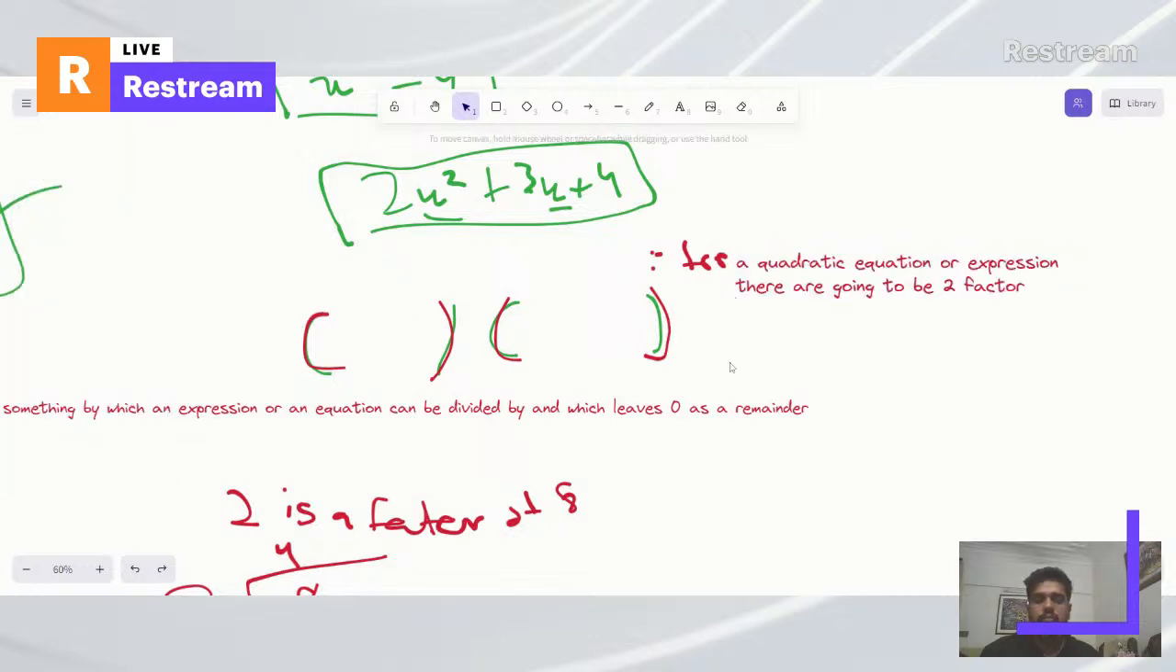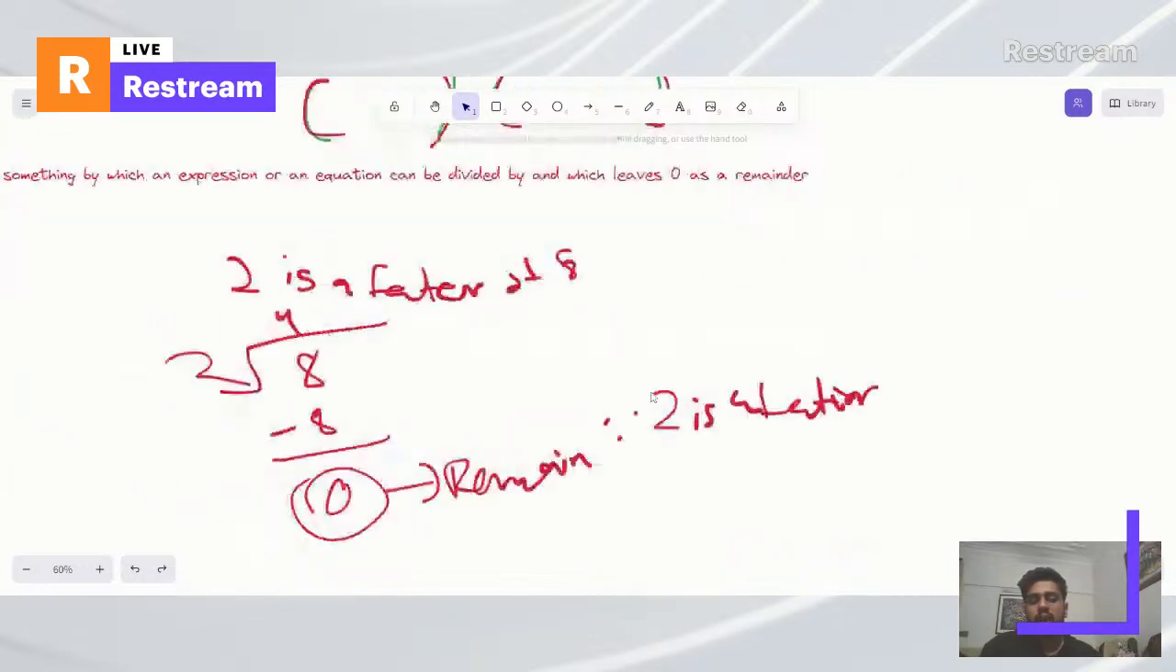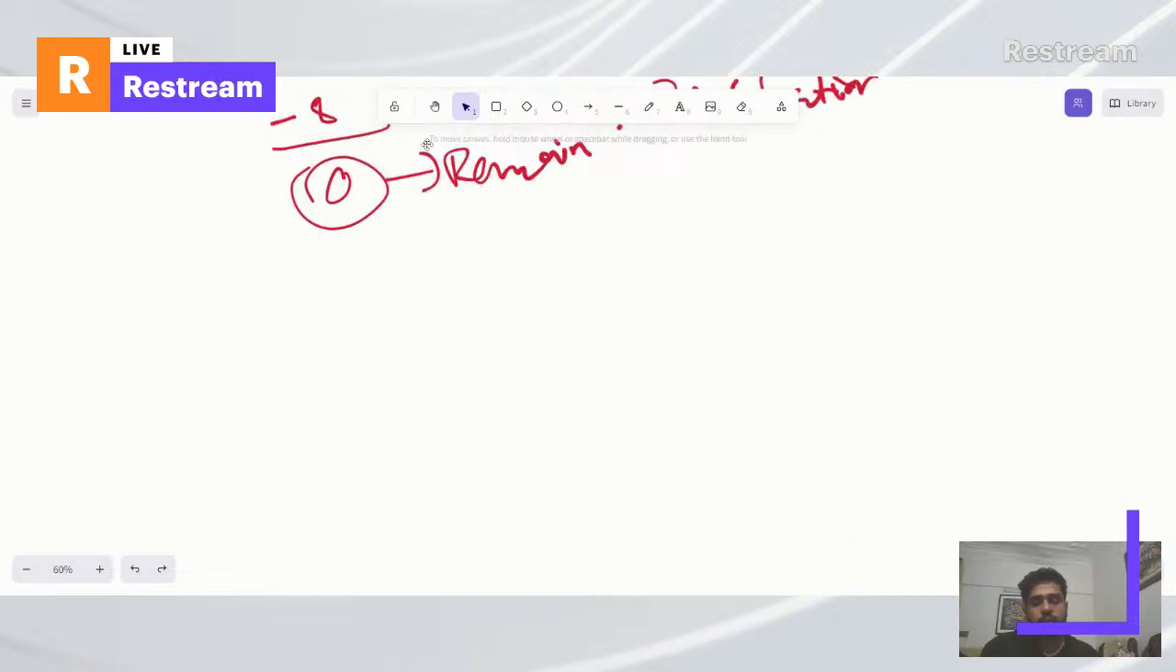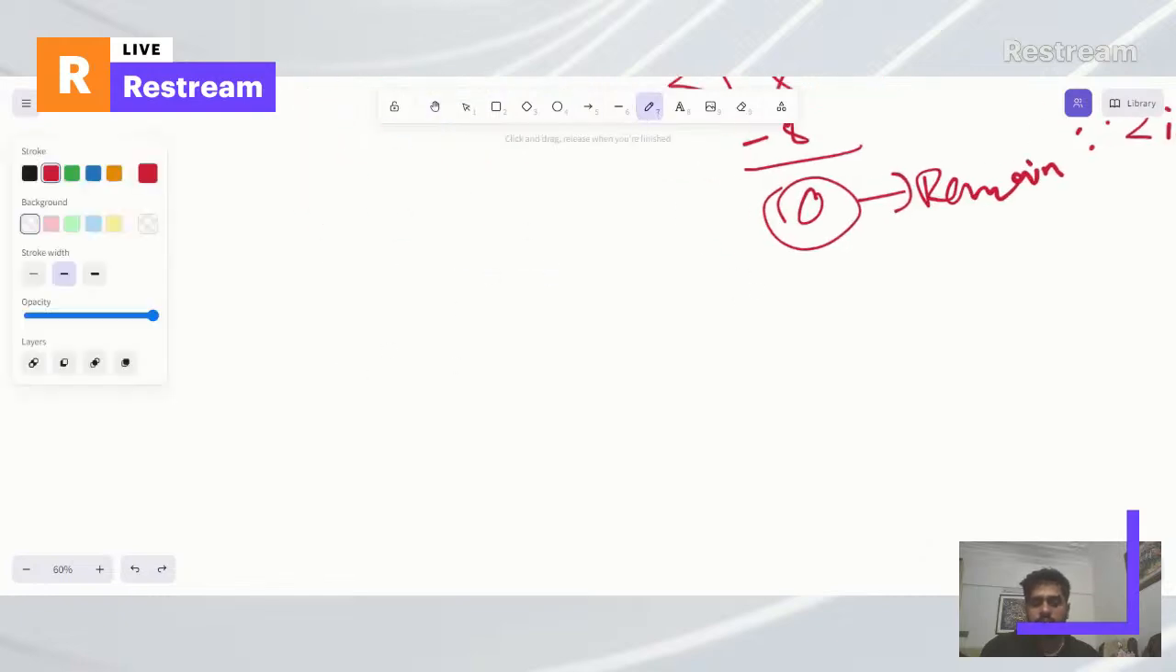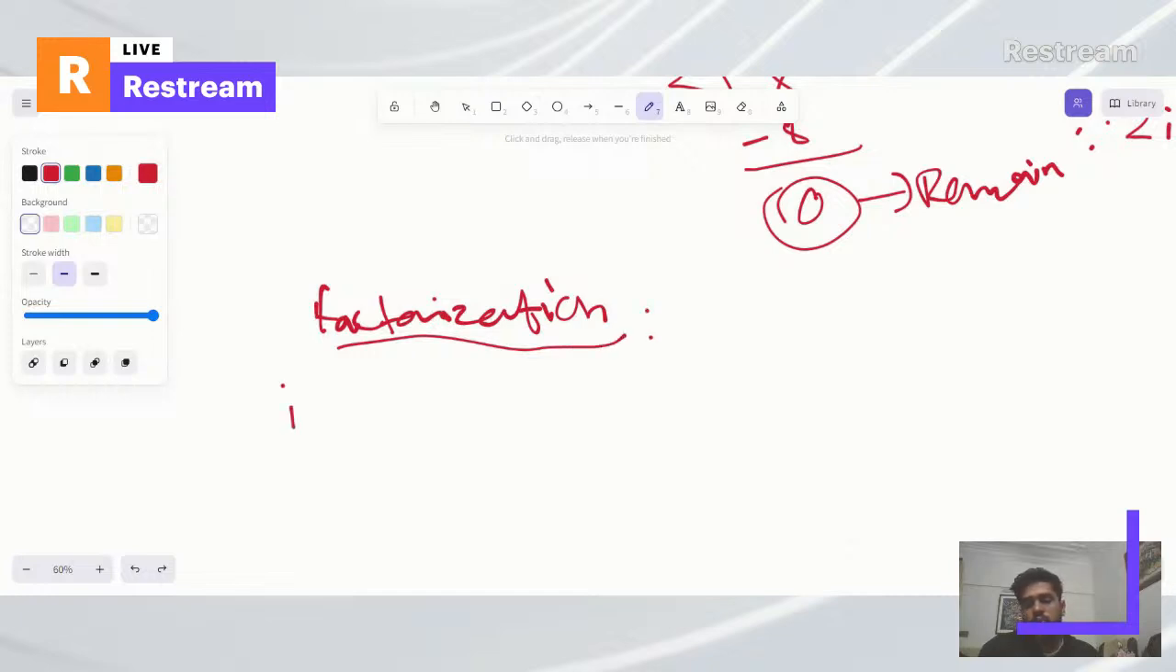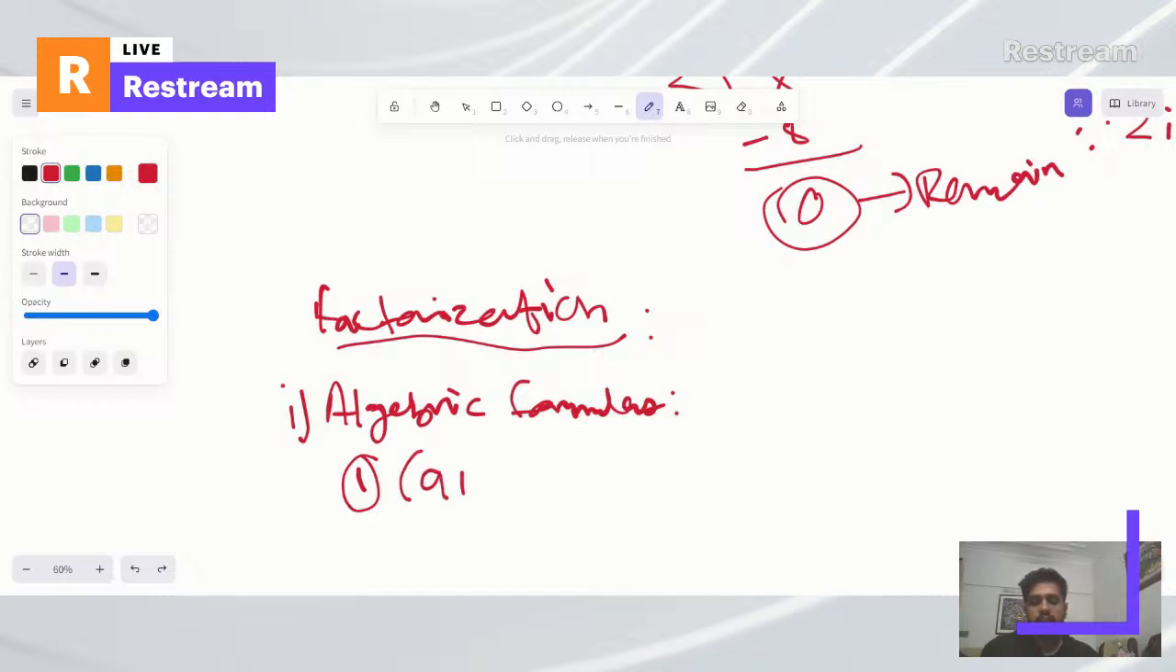Now I'm going to show you different ways to find out factors of a quadratic equation. All right, so one of the ways for factorization, number one thing is to use the algebraic formulas. Okay, so you might ask me what are algebraic formulas. Some of you might be already familiar with them. So it goes like